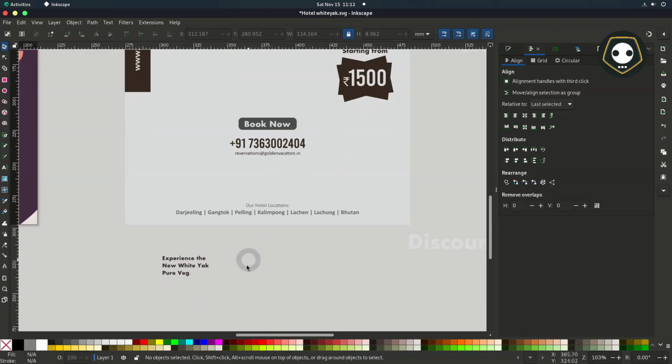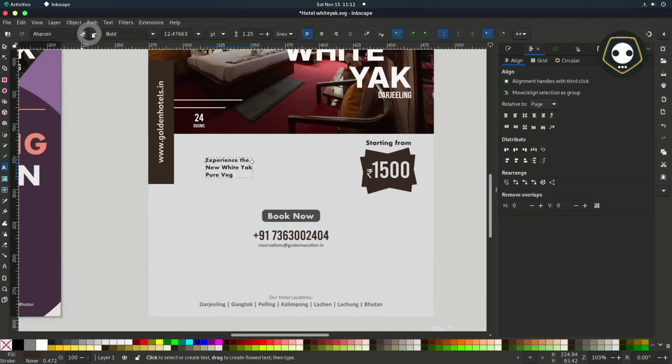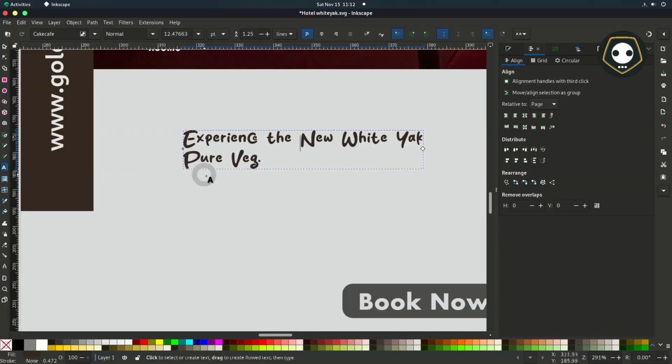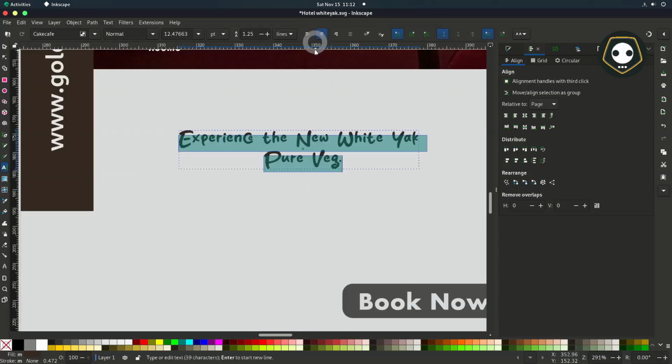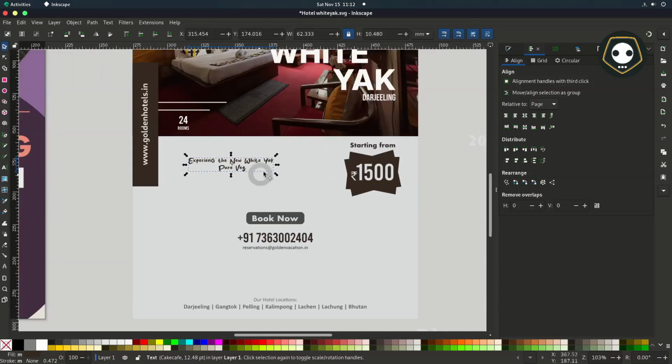This is the color I have already changed and explained earlier. Change it here and change the font style to running handwriting: experience, new, white tag, pure veg. So now it's going to look very good.